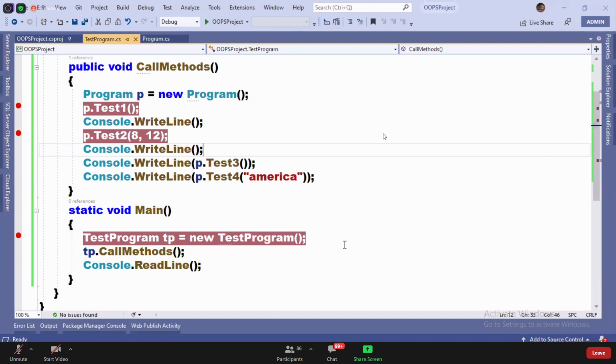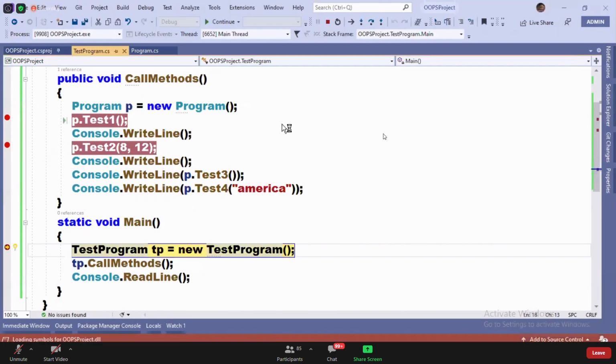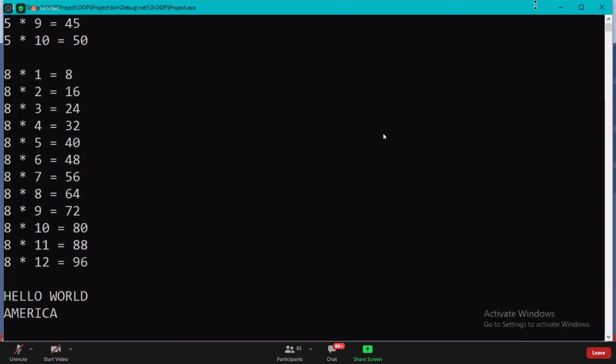No. Why no? You stop at the breakpoints now. If at all you just say start, it will stop at the breakpoints. Every breakpoint it will stop.